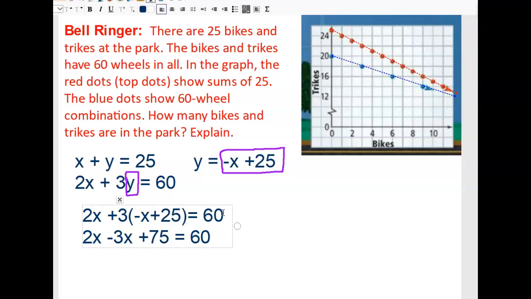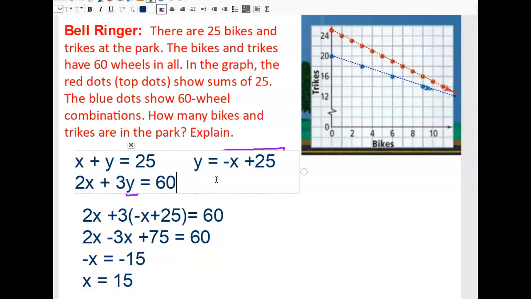And then I'm going to combine like terms. So I get negative x equals negative 15. Dividing both sides by negative 1, I get x equals 15, which means that there are 15 bikes. If there are 15 bikes, then I have,